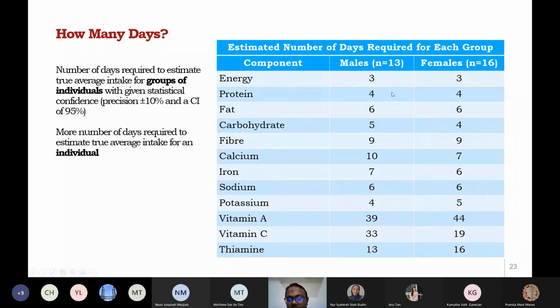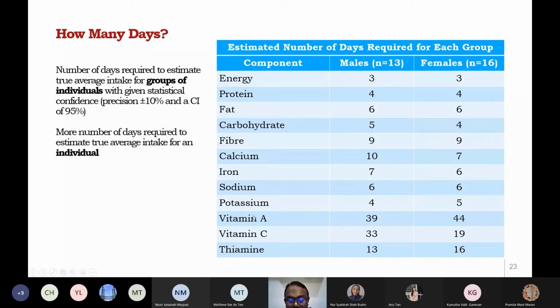Protein intake, you need more days, 4 days for males and females. Fat intake, you'll need even more days, 6 days. Carbohydrate, 5 days. Fiber, 9 days. If you want to measure vitamin A, you need up to 39 to 44 days of measures